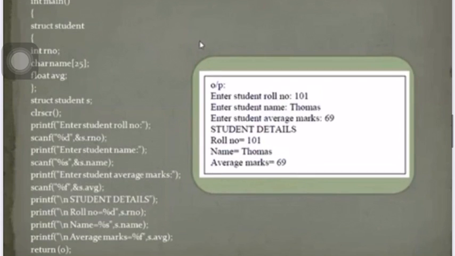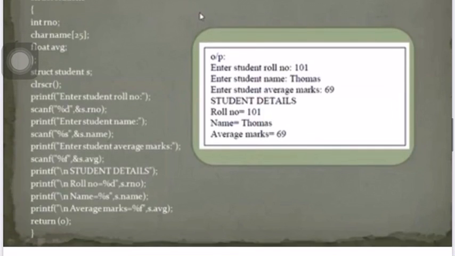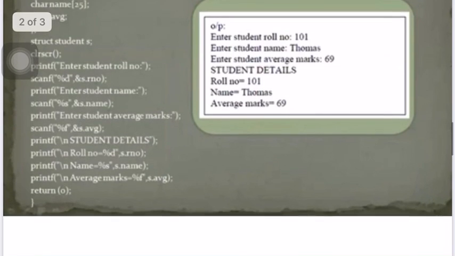Then coming to the next, printf enter student roll number, and we enter the student roll number using the keyboard, which is read by the scanf statement. Like that we ask to enter the student name using printf, and what we enter through the keyboard is read by scanf.